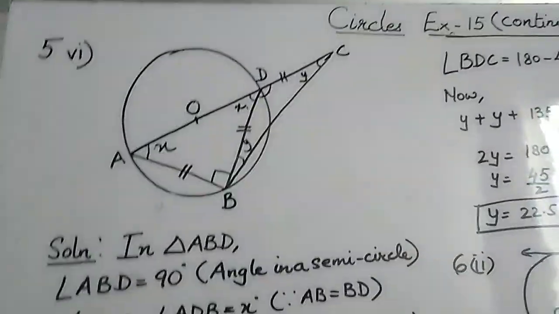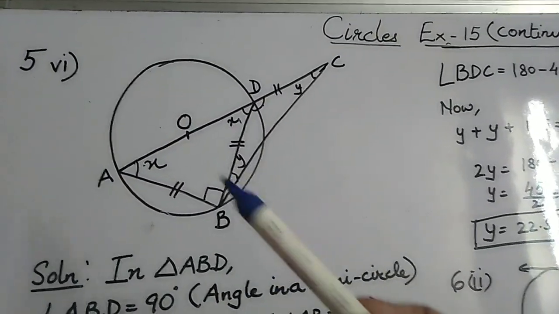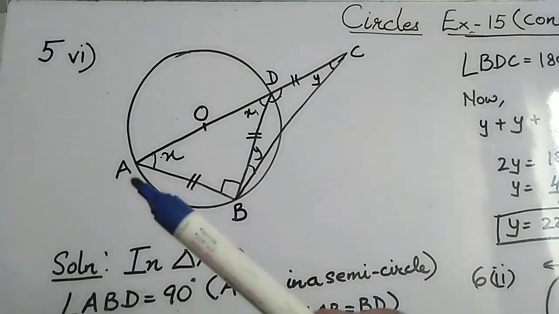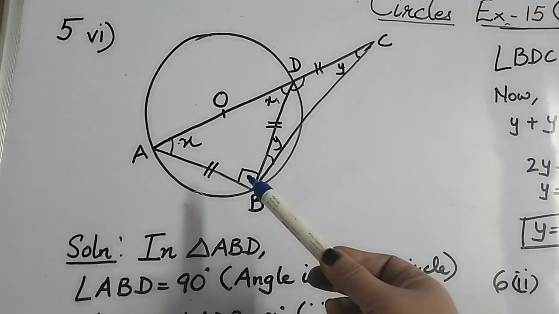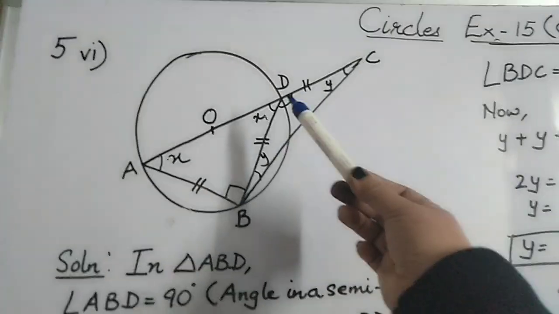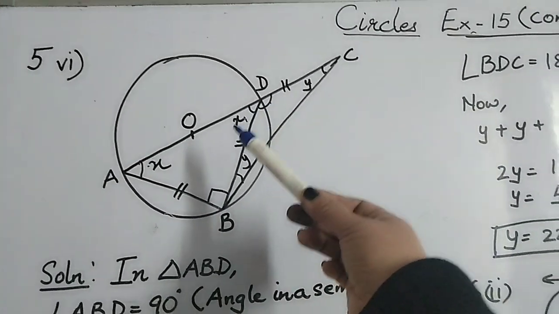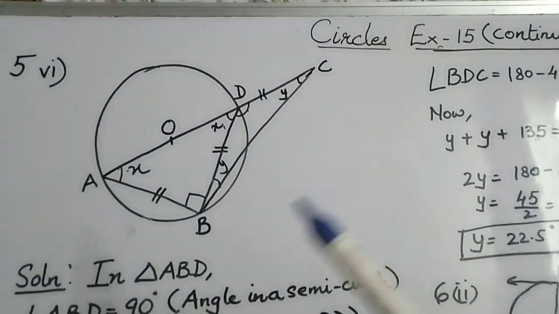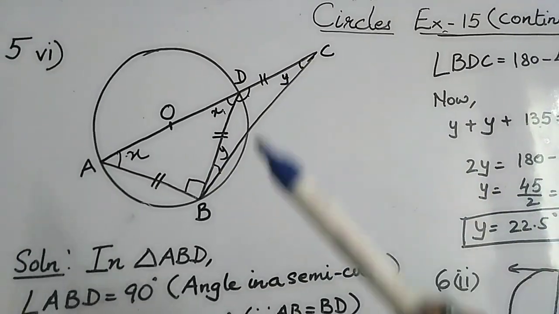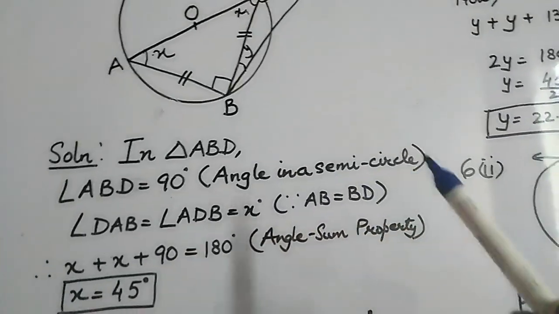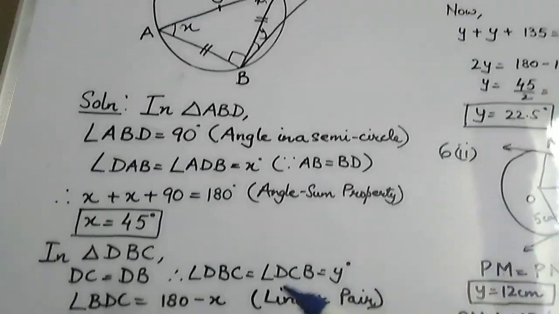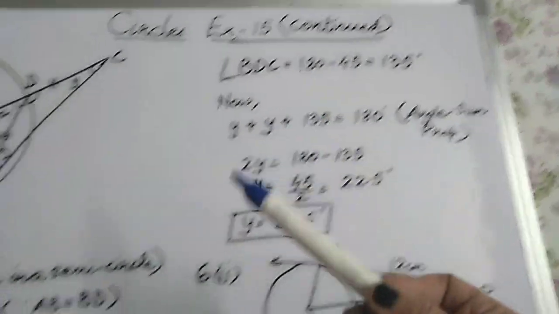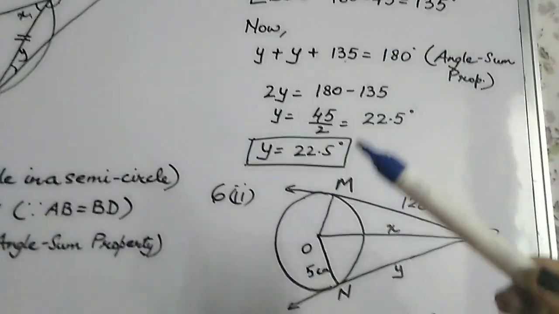So, which concepts have we used in this question? First, we have used the property of isosceles triangle. If two sides of a triangle are equal, then its base angles are equal. Then we have used that angle in a semicircle is a right angle. Then here we have used linear pair, angles on a straight line. Sum of angles at a point on a straight line is 180 degree, and of course we are using the angle sum property that the sum of angles of a triangle is 180 degree. Everywhere, see, I have written a reason. And reasons are really important, as I have told you in your previous video also. Angle sum property, angle in a semicircle is a right angle, all this.